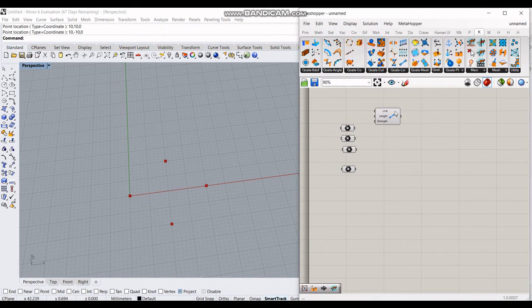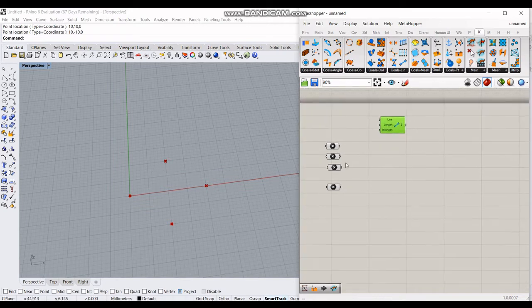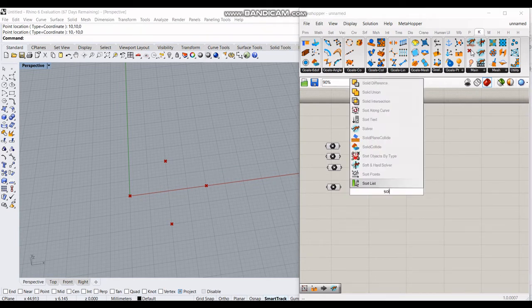So first we'll use the length component. This will fix the length of this line so that when folding all the points don't fly away. So let's see how it's useful.